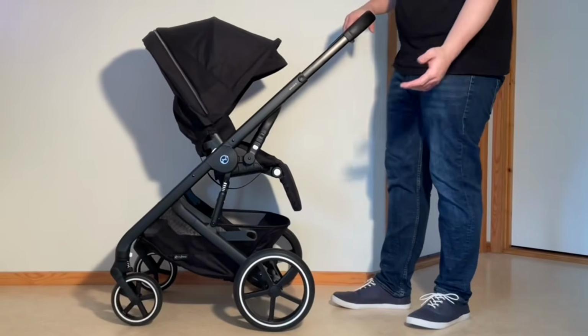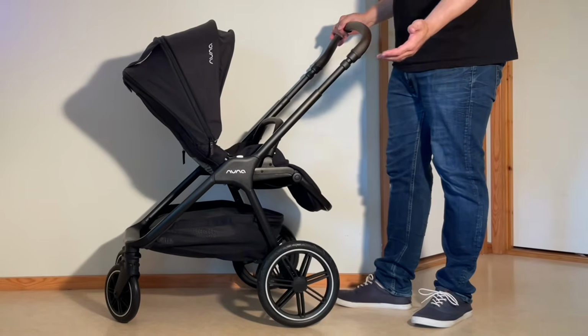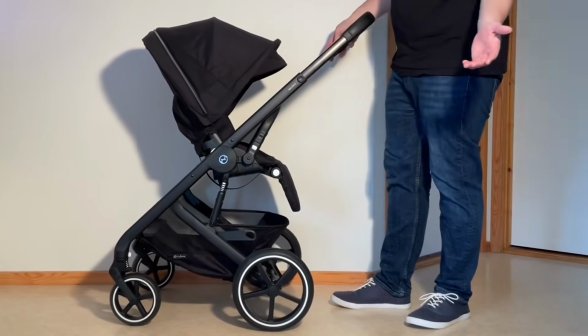Price is also a factor here, with the Triv LX generally costing around $750, while the Balios can be as low as $500, and with its sturdier build quality, I do feel that the Balios delivers a bit more value